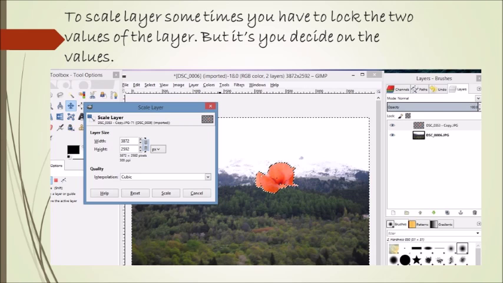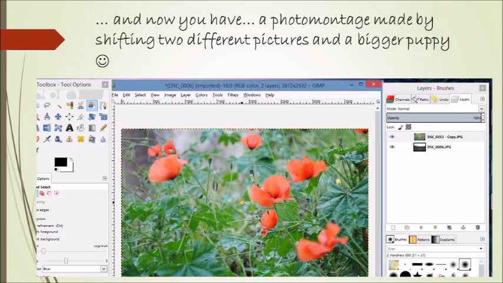Remember to lock the values, and anyway the values, it's you to decide how to increase or decrease. That depends on the result you would like to obtain. My advice is to try and see. Anyway, you can always go to the Edit menu and undo your previous selection.